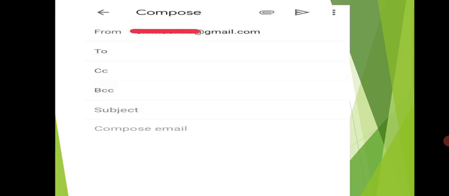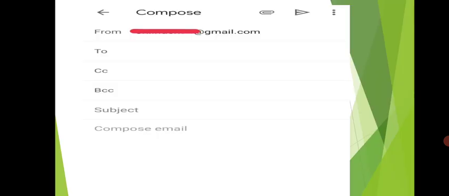So here is an example of how a person composes an email. To is there, CC is there, BCC is there, subject line is there. Then you have to compose the email. Okay, thank you. So study these things and try to understand the guidelines for writing emails, and try to create a new email, compose a mail to your friend, and be familiar with these things. Okay, thank you.